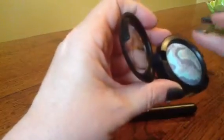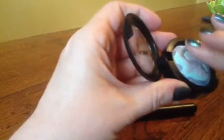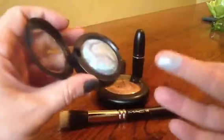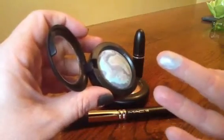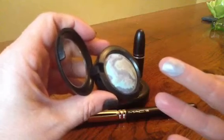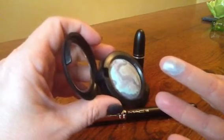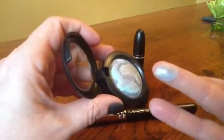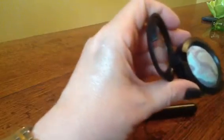And in fact it does. The consistency is pretty good on these, not brilliant I have to say, a little bit grainy. You can see when I swatch directly onto a finger you get a really bluey, silvery swatch of the overall swirled colour, which is quite pretty as a kind of highlight colour. Applied dry to the eye,